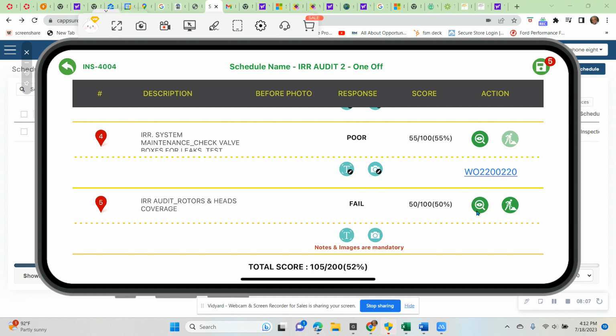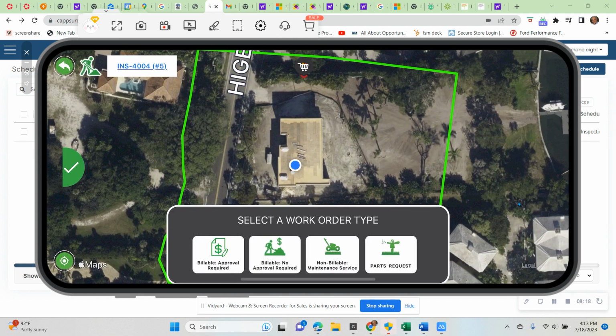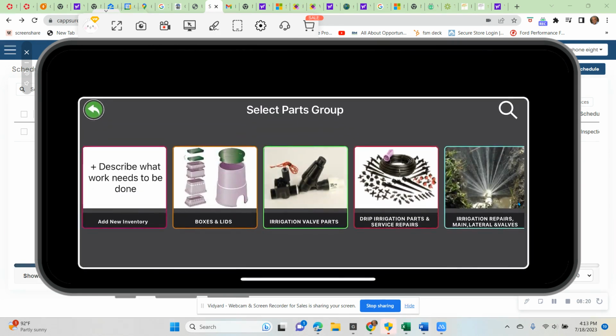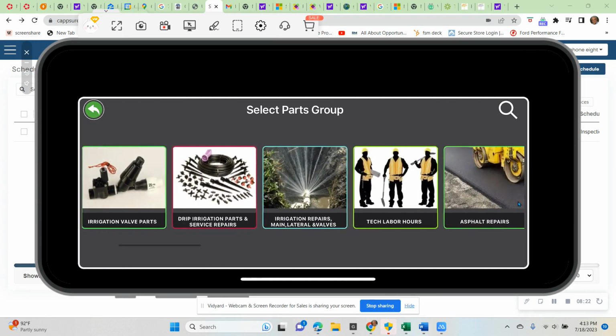So I'm going to go ahead and mark this as a fail. I have a problem because I had some bad rotors. I'm going to go to my work order, which is this little man digging right here. I'm going to select the work order. I'm going to go into my parts again, and I'm going to go into my,